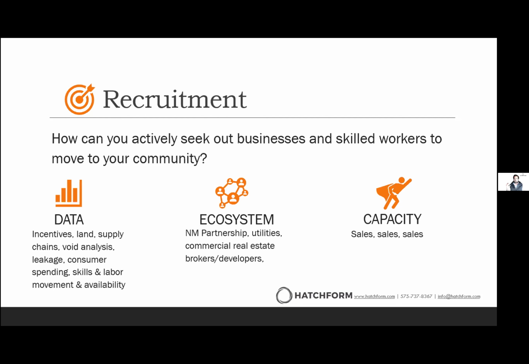And to do this well, you have to have the capacity or the superpower to be a really good salesperson. It's sales, sales, sales. So if you don't have that, or you don't like sales, maybe recruitment is not necessarily one of the broader buckets that you want to explore creating programming inside of. But if you are a really good salesman, you love getting out there and you love talking to people, and you love getting them interested, and you love bringing them in and showing them all the things you have to offer, and really like landing the deal, if that really gets you excited, then this might be a great place to start.